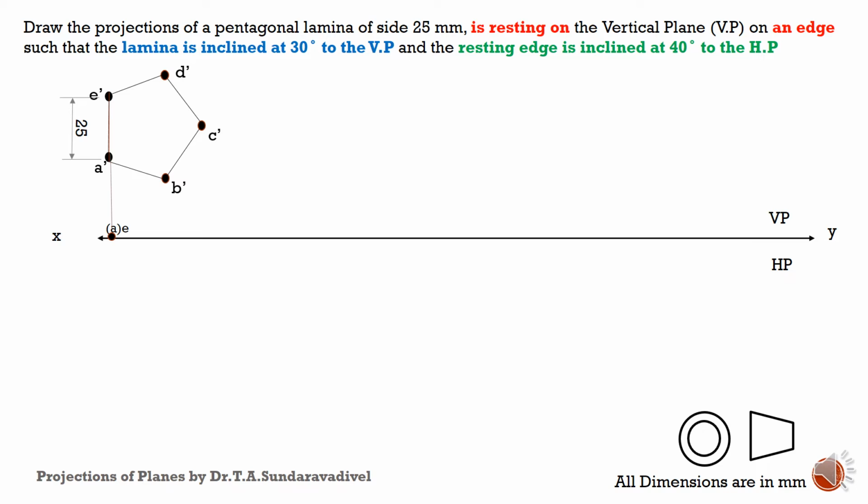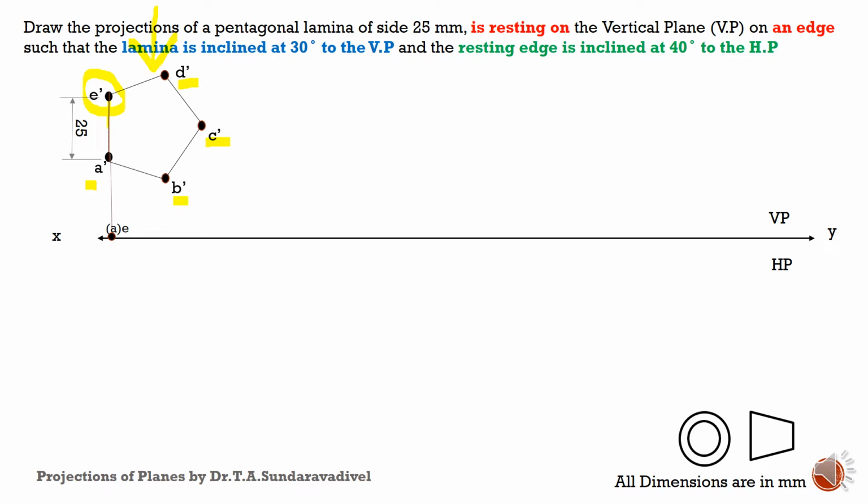The observer will be seeing the object from the top side. Like this he will be seeing. So when he sees the object from the top side, these 3 points will be visible to him, so those 3 points will come outside brackets. But this A and B will be hidden to him. So those 2 points will not be visible to him, so they will come in brackets. That is what for the first line.